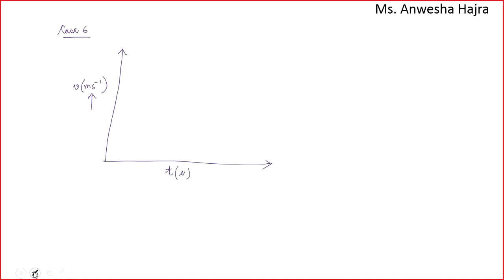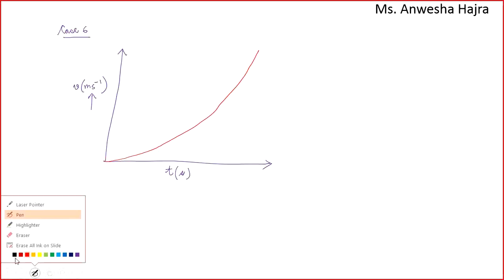If the graph is a curved one, slope of velocity time graph gives acceleration. So if you want to find the slope over here,